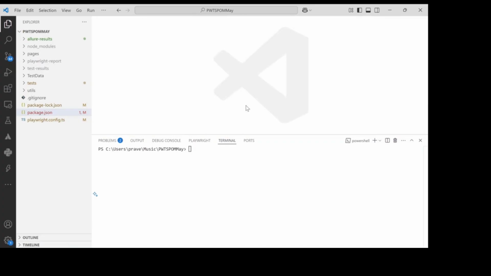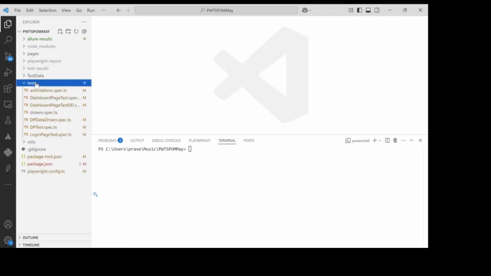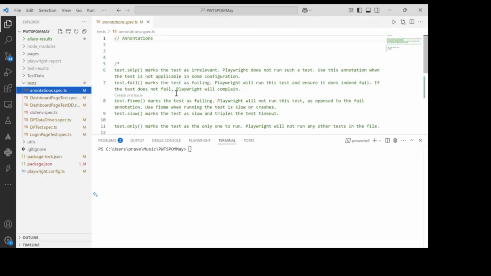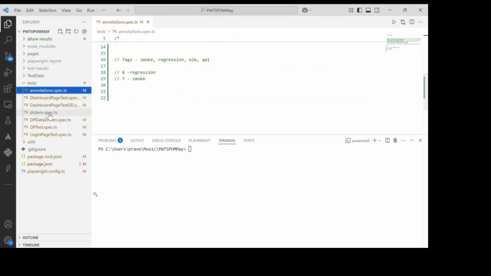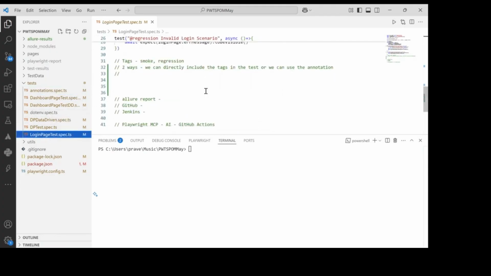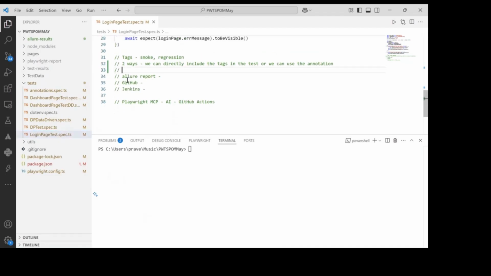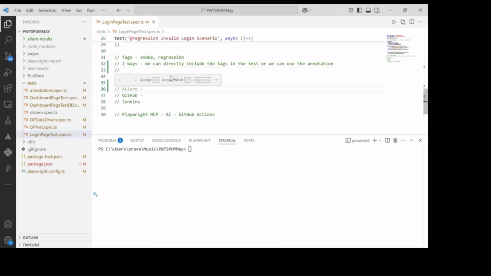Now let's go to the next one that we have, which is GitHub, to understand GitHub. So we have generated an Allure report as well, and now let's move to GitHub. How do we generally work inside GitHub